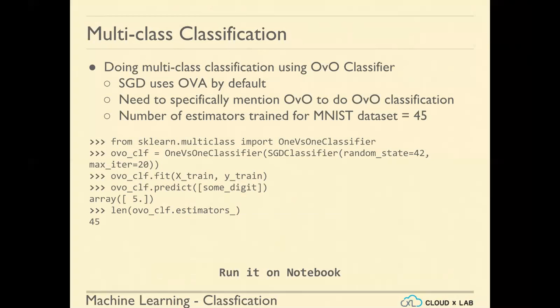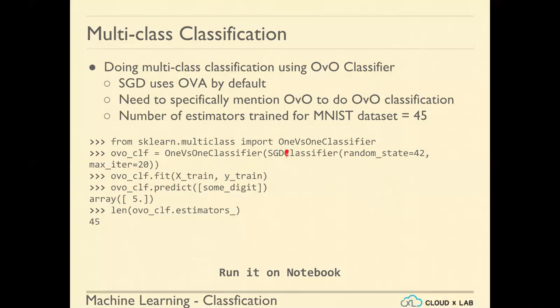So in order to ask SGD to do OVO, as in one versus one, we need to explicitly mention that. We need to create the one versus one classifier by passing the algorithm object in the argument. Okay, so when we say OVO_clf.fit and we pass X_train and y_train, based on y_train it's going to generate